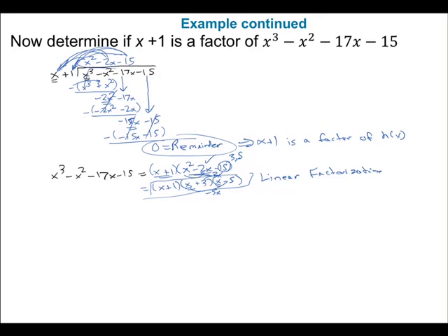So in the end, we know exactly what the 3 factors are. If you remember, we tested x plus 5 earlier. Well, it was x minus 5 that was the factor. And they've asked us about x plus 3, so we know it's one of the 3 linear factors, along with x plus 1. So again, you can see how we can use division to factor our higher degree polynomials. Okay, so I hope